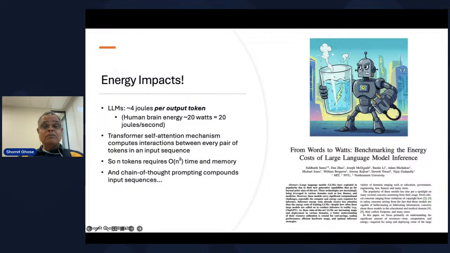Another consideration or byproduct of the prompt-driven nature of chain of thought is energy. So the more agents we have, the more chain of thought steps, the more prompts, the more tokens that must be processed. Energy cost per token is not insignificant. It's about 4 joules. So agentic AI does come to us with the cost of energy to power and water to cool. The 4 joule per token cost might be compared with the human brain, which, as you may know, is something like 20 joules in energy consumption. So compare the human brain, 20 joules overall, with the 4 joules per token processing cost here.